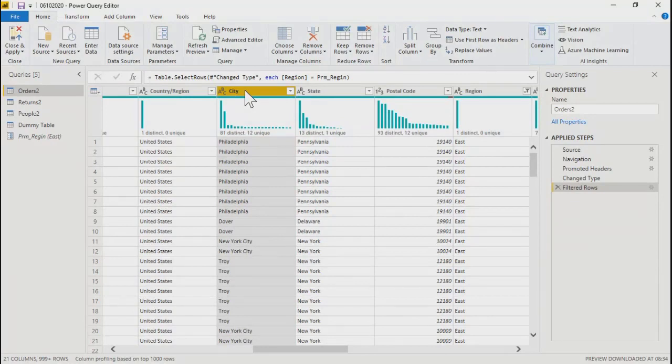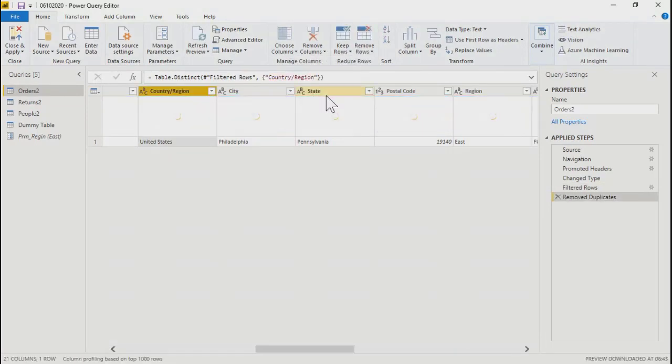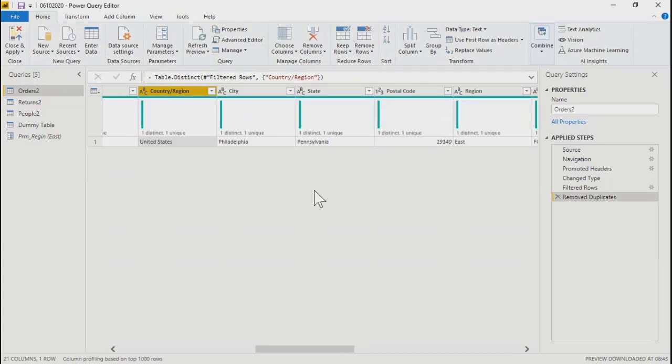You getting this point? If you don't select any particular column, it will then ask that basis which field you want to remove the duplicates. So now if I do remove duplicate, okay, see what it has done.